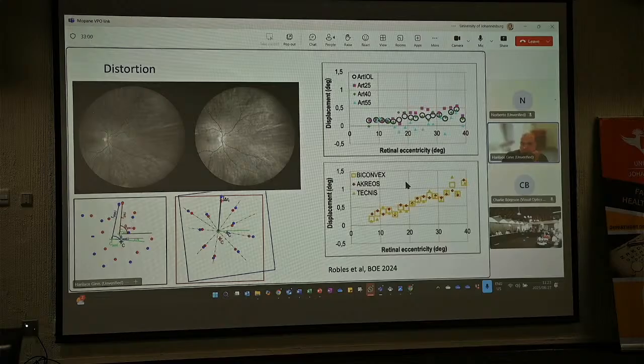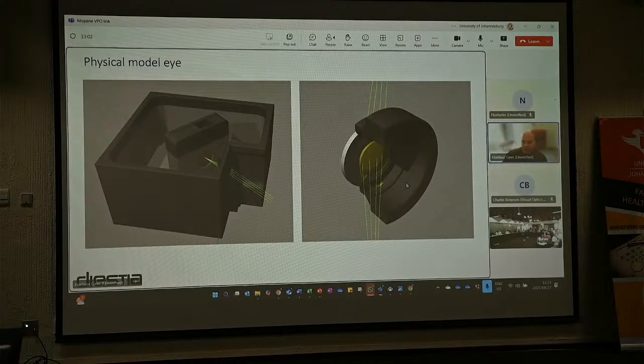We developed the physical model of the eye. This has been around for quite some time. It has seen several improvements, mainly in the optics of the cornea, the algorithms that we use to analyze images in the sample themselves, and in the methods that we employ, of course. And